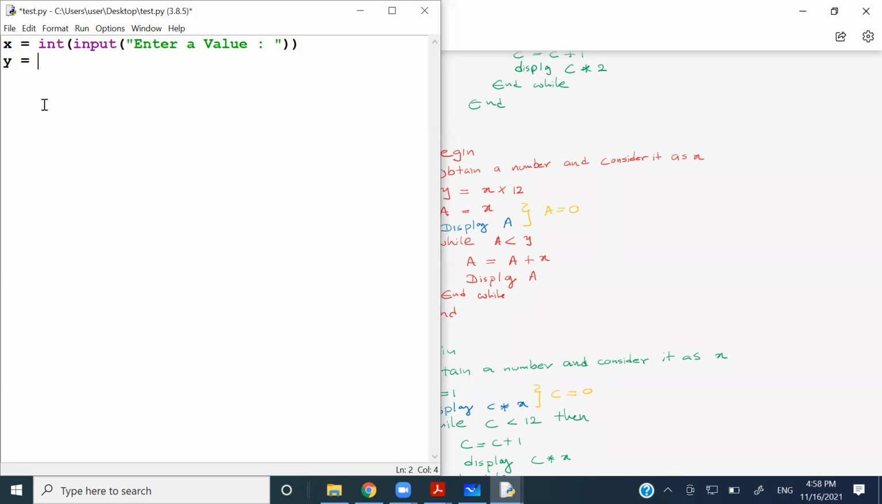we'll take a value called y, and we ask the x to be multiplied by 12 and assign the value to y, right? And again, we have taken a variable called a, and a is given the value of x as well, right? Then there is a displaying part, so I need a print, and I'm going to show a. Then the while loop comes, while a less than y,